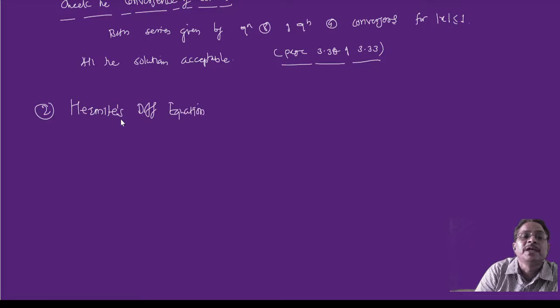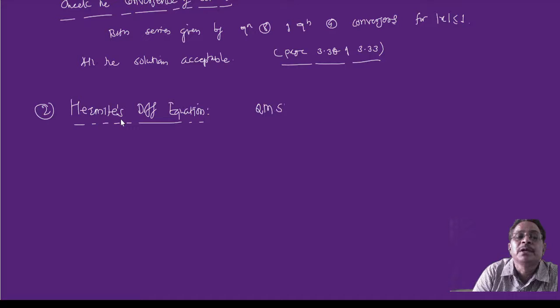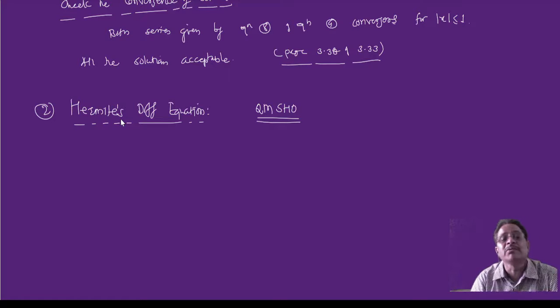Remember, this is one of the very popular equations because we come across it several times in the quantum mechanical simple harmonic oscillator. The quantum mechanical simple harmonic oscillator is treated, or can be understood, with the help of this Hermite differential equation. Whatever quantum numbers we derive there, or whatever other things we describe, when we solve Schrodinger's equation for this quantum mechanical simple harmonic oscillator, these things we will be doing in the next term, in semester 2. In quantum mechanics, we are going to come across applications of this later on.